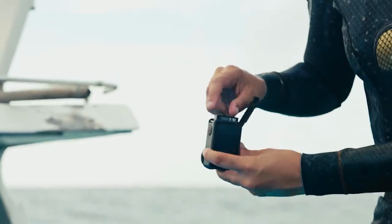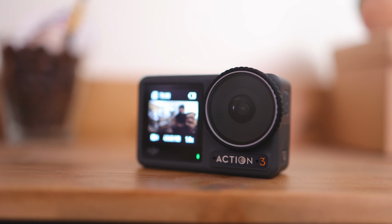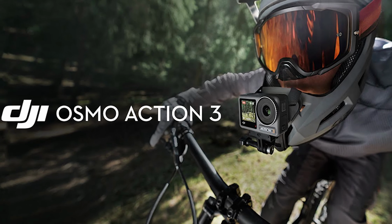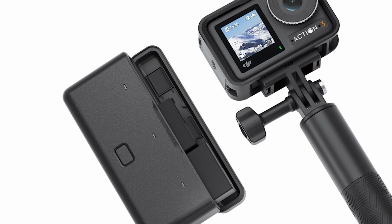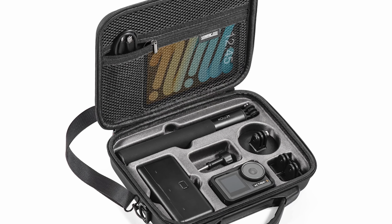We found the footage to be sharp, detailed, and well exposed during the day, though the quality did fall off in trickier lighting conditions, with images and videos suffering in low-light environments. Image stabilization is extremely impressive, but both the stabilization and horizon leveling features do come with the